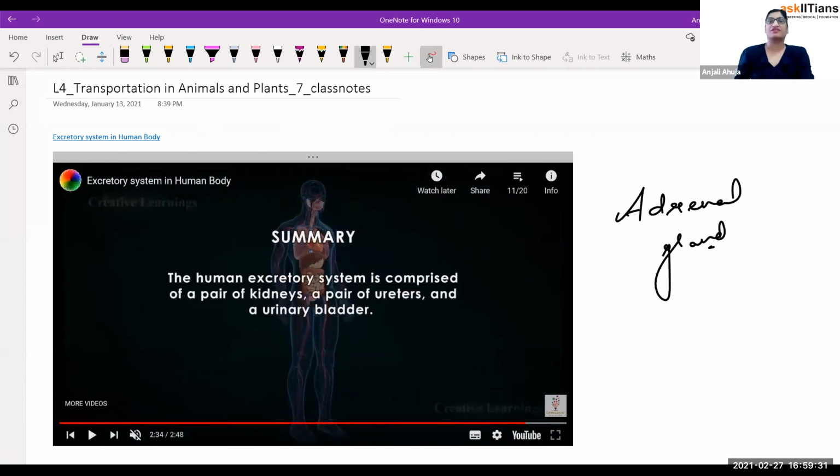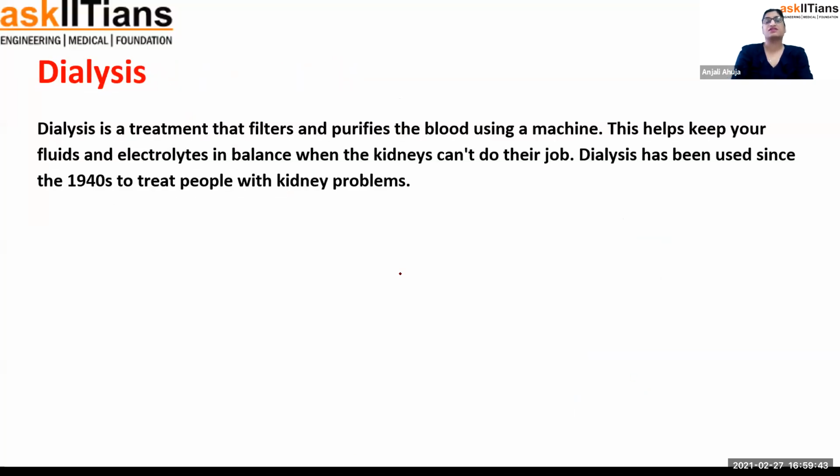Now I'm going to talk about dialysis. I'll come back to the presentation. So guys, dialysis, this is actually also known as hemodialysis. Hemo means blood dialysis. Because in certain cases, suppose the kidney is damaged, there is a problem with the kidney, that kidney is not working properly,